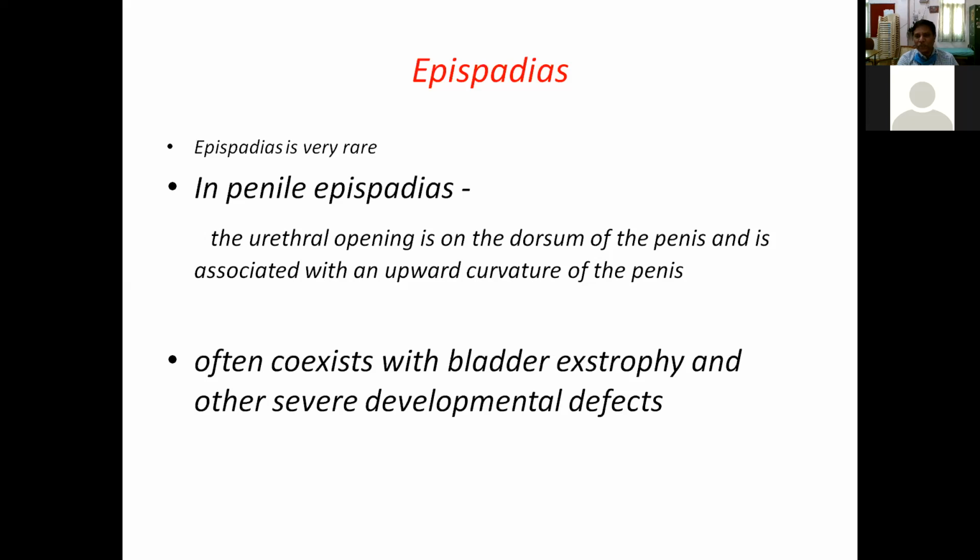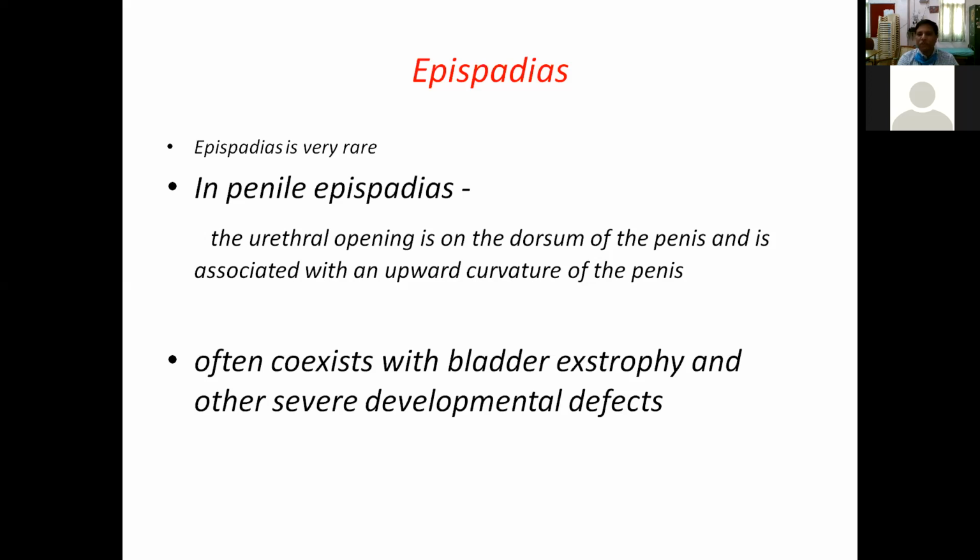The bladder is represented by a membrane, a flat thing representing the posterior wall of the bladder with the two small openings trickling the urine. Two small openings, ureteric openings, from which the urine will be trickling out. This is the appearance. So no anterior wall, no bladder neck, no urethra.